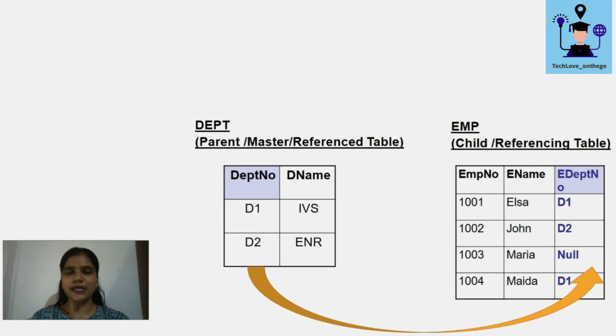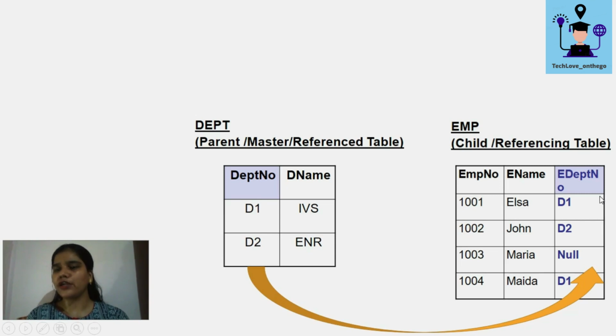So here we can see we are having two tables. The first table is the department table, which is the parent, master or reference table. The second table is the employee table, which is the child table or referencing table. The department table is the parent table because it contains the attribute department number, which is the primary key in the department relation, and the employee relation is following that key